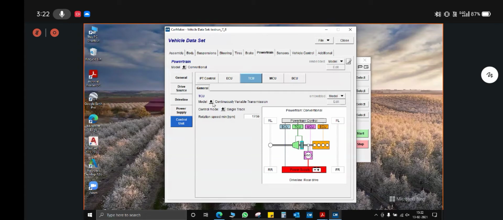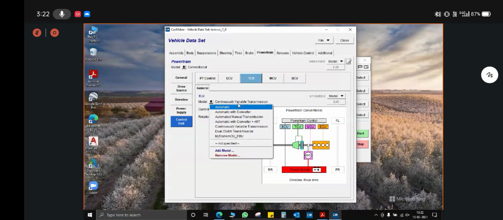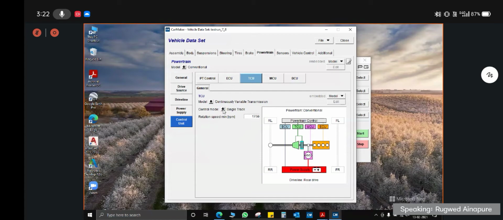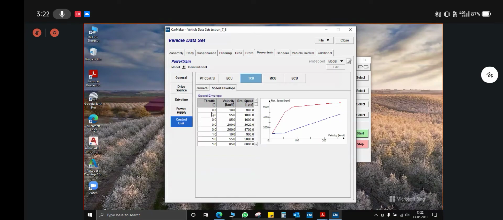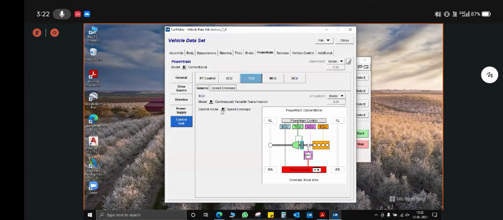The control mode has two options, single track or speed envelope. You can define the speed envelope, that is throttle versus velocity versus rotational speed, or you can simply select the single track mode and you have to select the rotation speed. You can define it as your idle RPM also, 1750, not an issue. But ensure that you are not selecting not specified, you are selecting CVT.